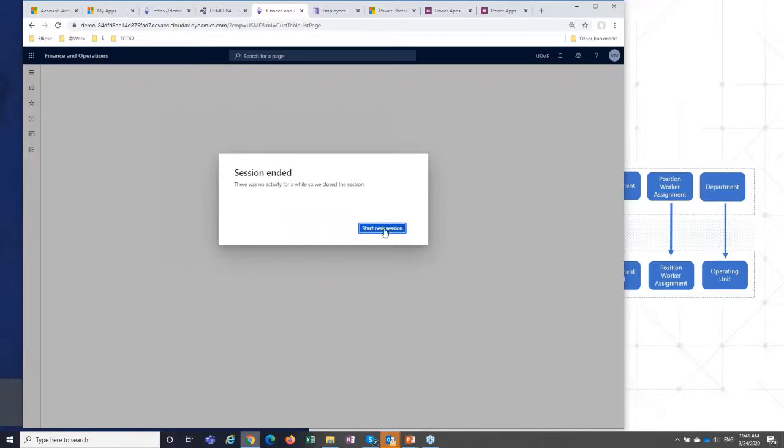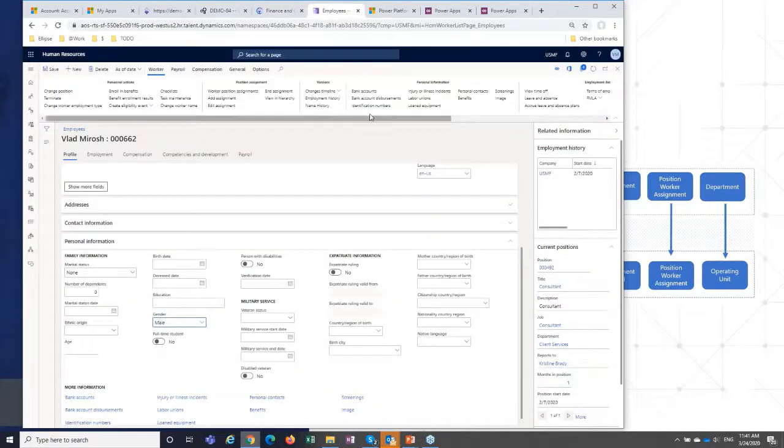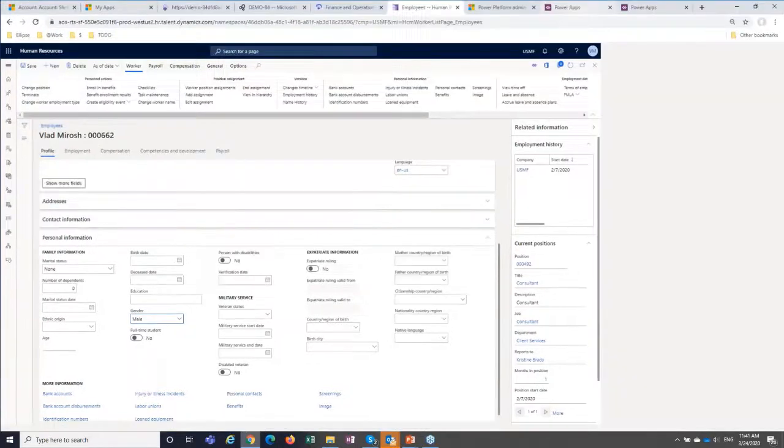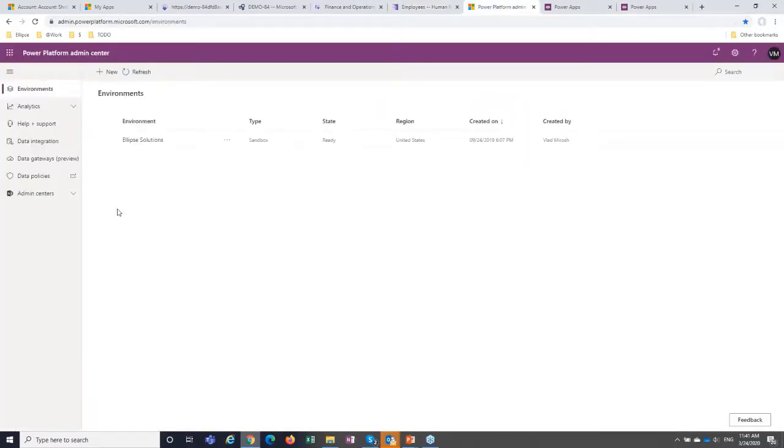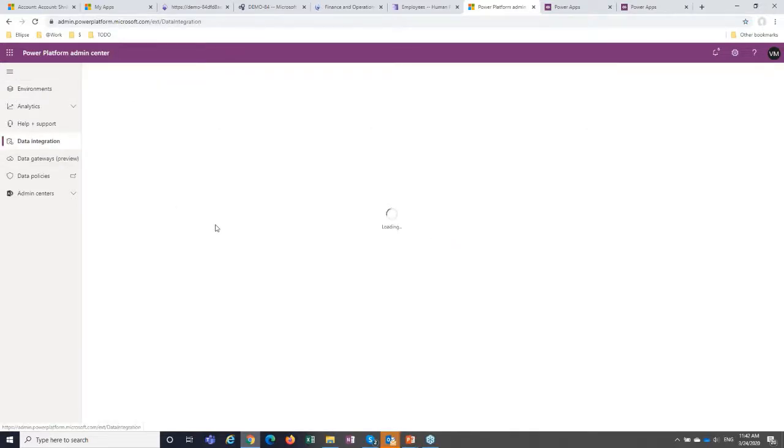This is finance and operations, and we need the workers here. Also, I will show you the integrator. This is the data integrator. If you go to Power Platform Admin Center, this is data integration. This is the data integrator screen.